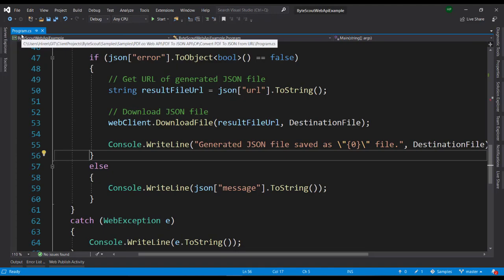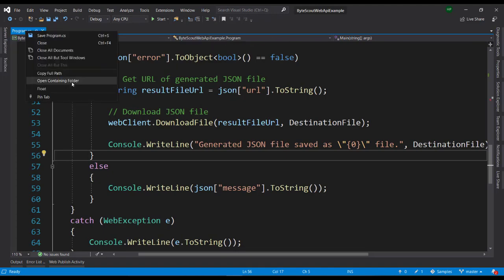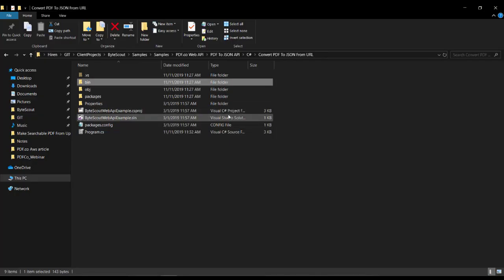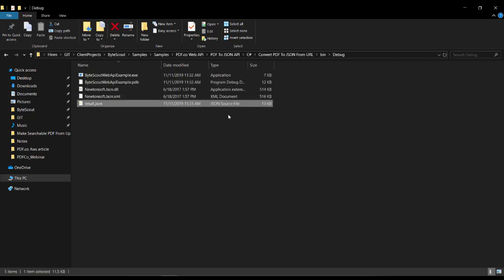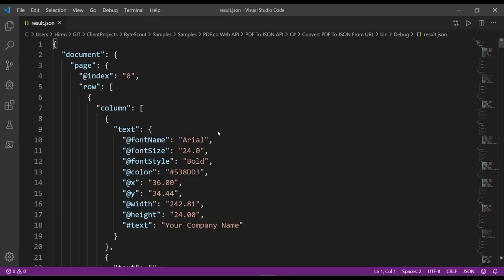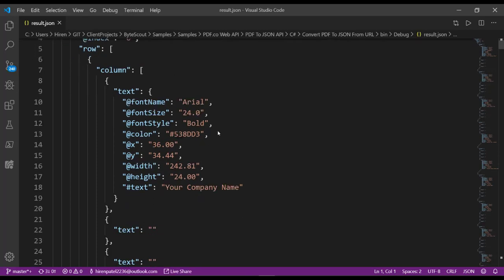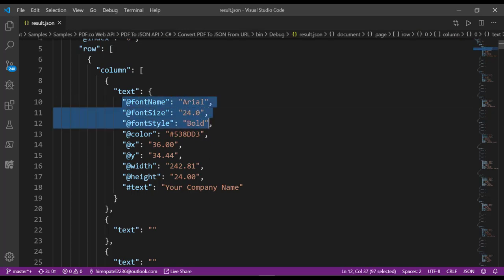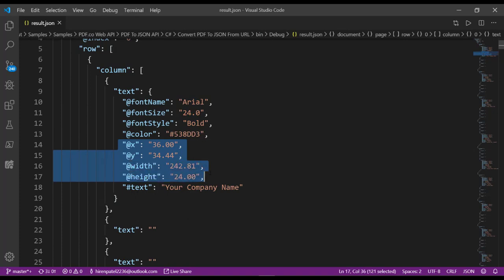Let's see the result file. We have not provided any default path, so it's in debug, and here it is. Let us see what it contains. Here it is. It has generated the JSON for our input file, and it has given us all the necessary fields, like the text, the font name, its size, its style, its coordinates, its color too, its width and height.